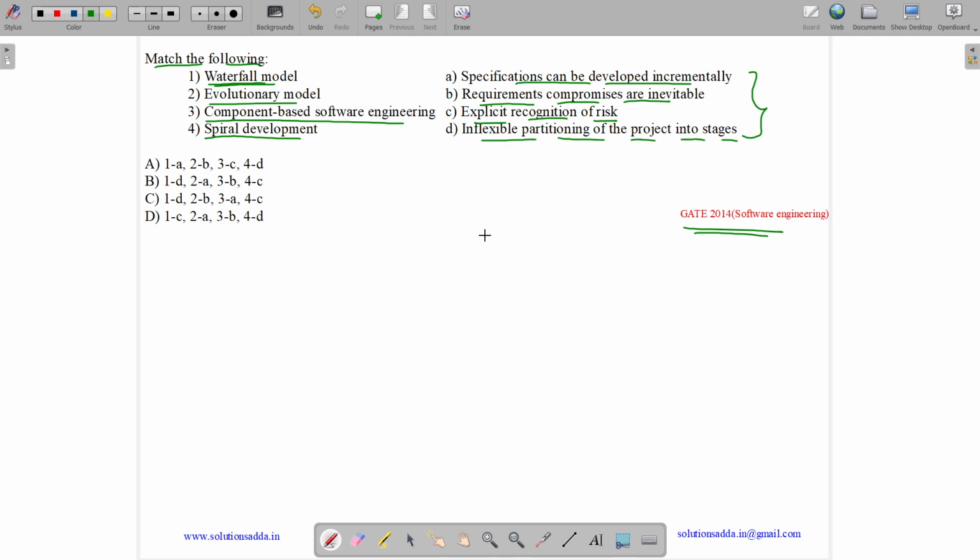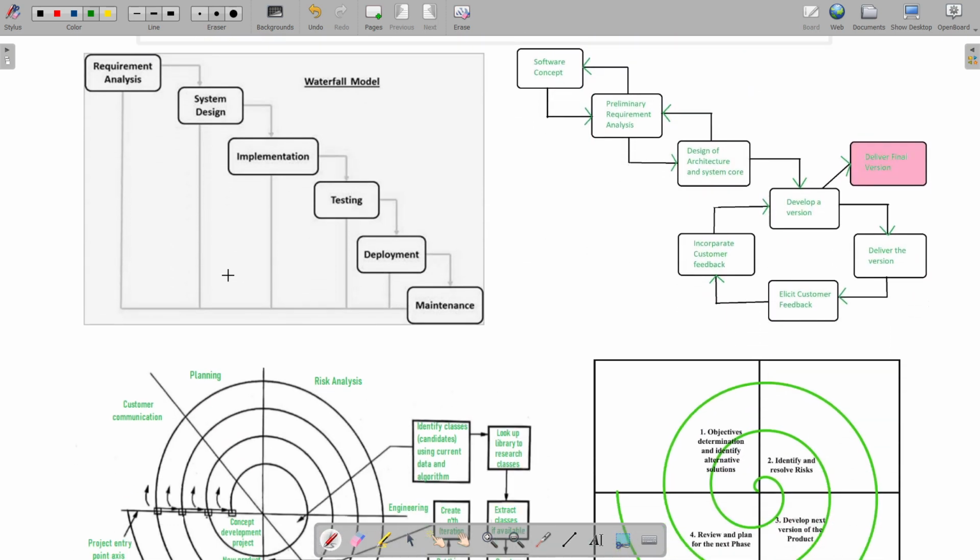into stages. So let us see the waterfall model first. So this is the diagram for waterfall model. So what is a waterfall model? See, it has these stages: requirement analysis, software design, implementation, testing, deployment and maintenance. So the main drawback of waterfall model is the difficulty of accommodating change after the process is underway. So after we have come to system design model, we can't go back. So one phase has to be completed before moving to the next phase. And after coming to the next phase, we can't go to the previous phase.